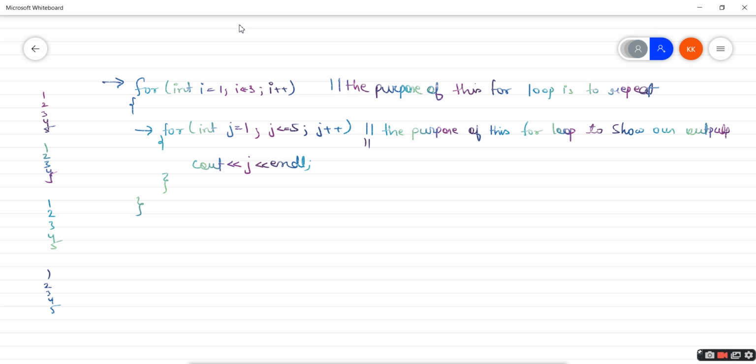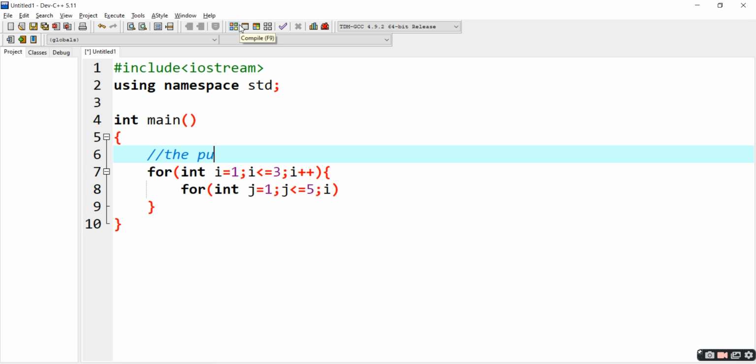I was kind of telling you it should be, look, this is i less than or equal to 3, j less than or equal to 5. In my previous code, I have just used 4 here, j here, and inside this I have used int i here. Okay, let's carry on further.